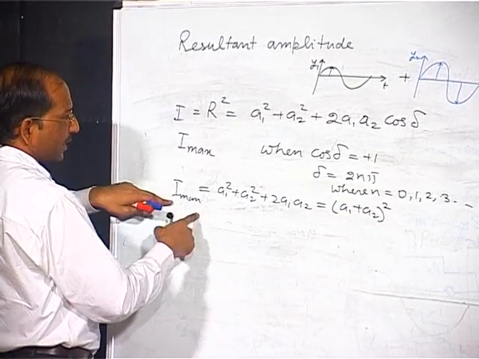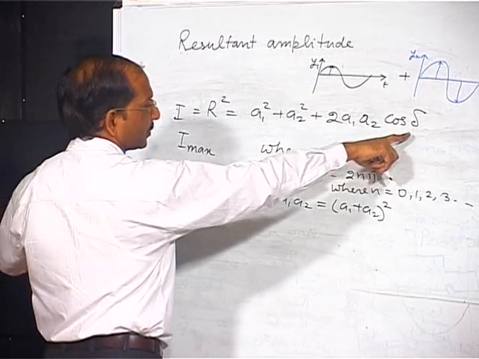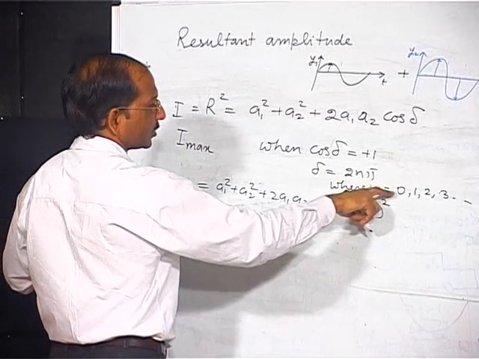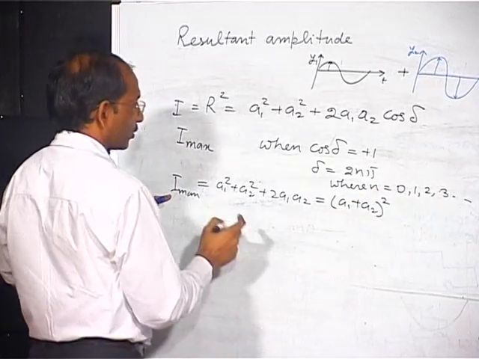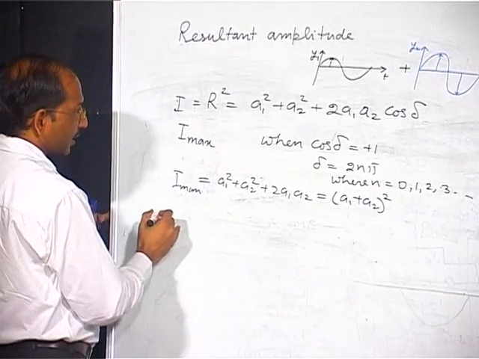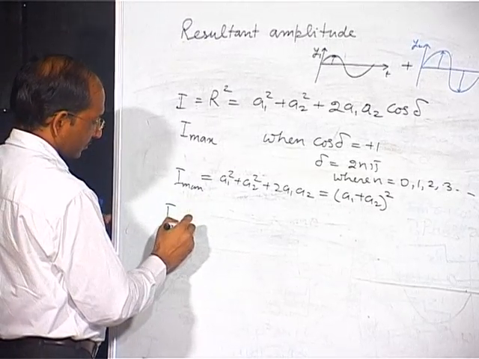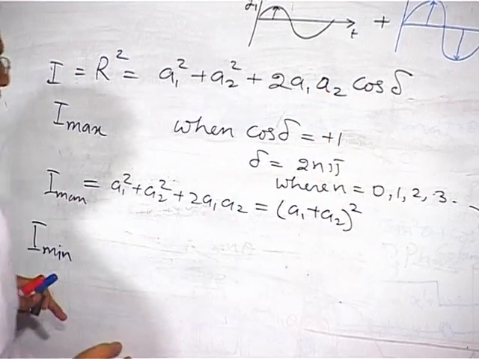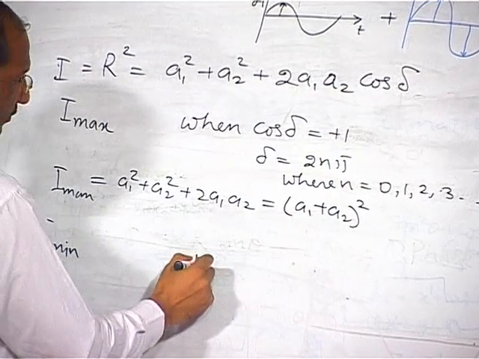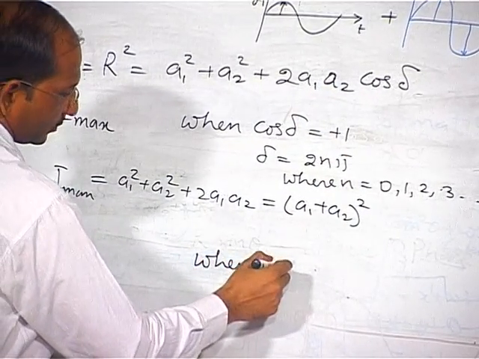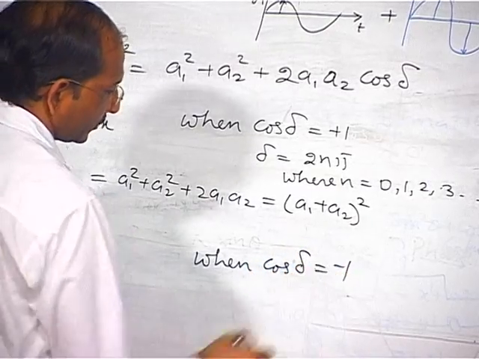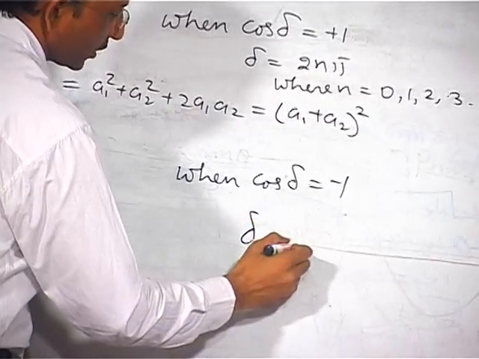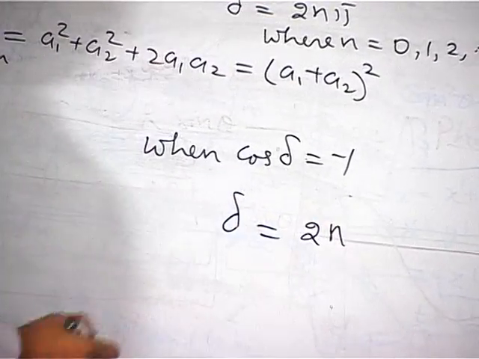The maximum intensity we will get when the phase difference is 2 n pi, where n is equal to 0, 1, 2, 3 and so on, and minimum intensity when cos delta is equal to minus 1. This is possible only when delta is equal to 2n minus